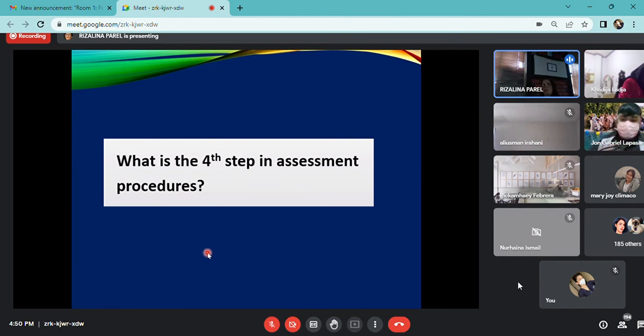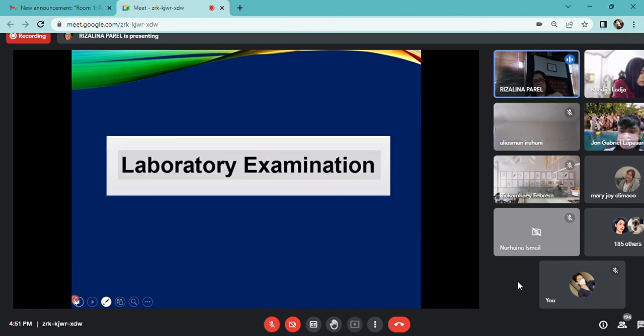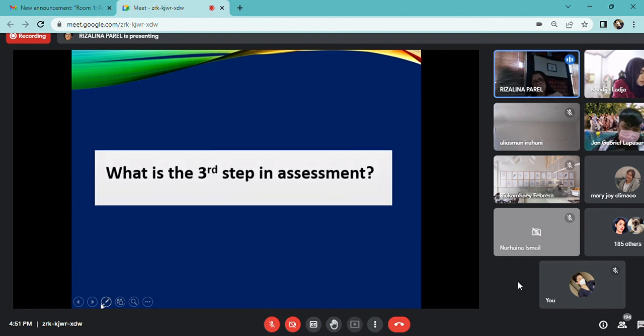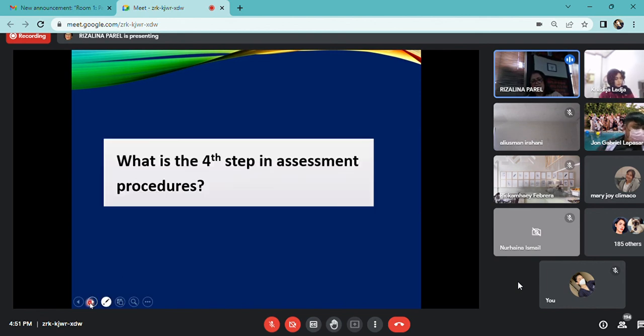So, yung pang-apat na gagawin na natin would be special examination. Okay? So, tama ba? Okay. Yung third step is the laboratory. So, sa laboratory test na to, ano yung mga ginawa natin, sinabi na natin kanina? And then for fourth step na assessment is yung ating special